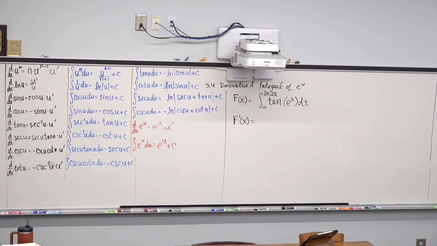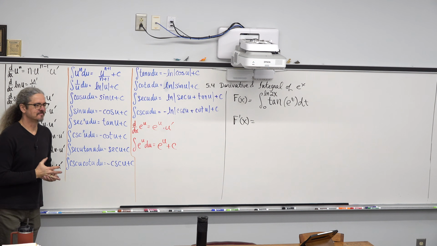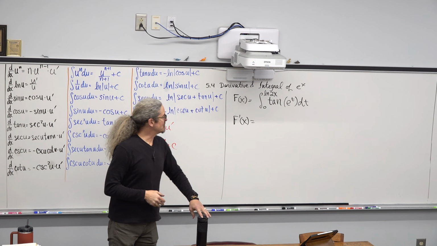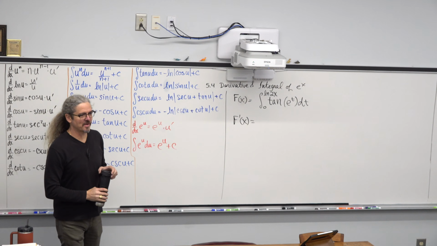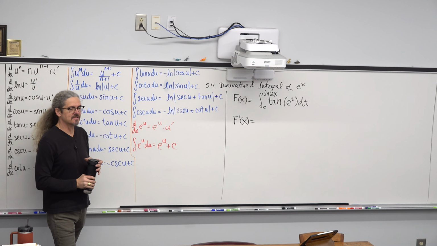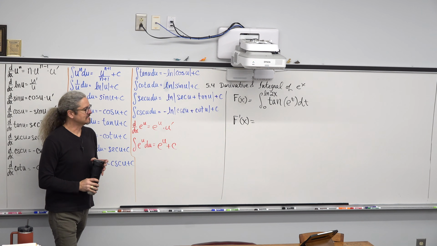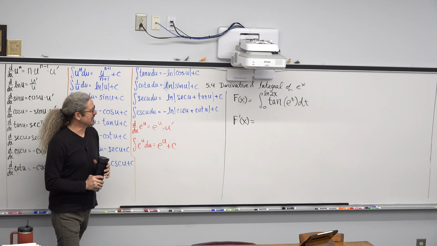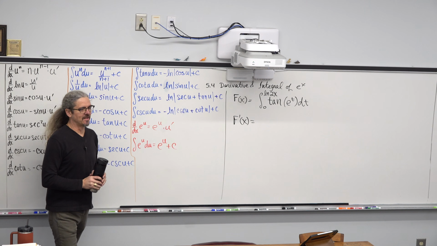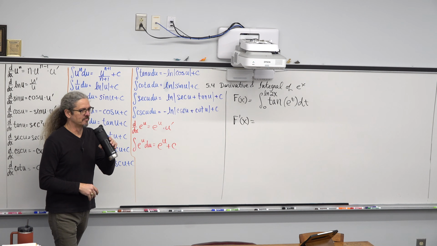It's a nice shortcut. The lower limit is a constant. So you are set up to just pretty much write the answer nearly as quickly as you read the problem, if you remember the rule you have to follow. You learned it in 4.4. You should be excited every time you see this question on a multiple choice test because you can go through it quickly and move on to something else and have a lot of extra time to do other problems.